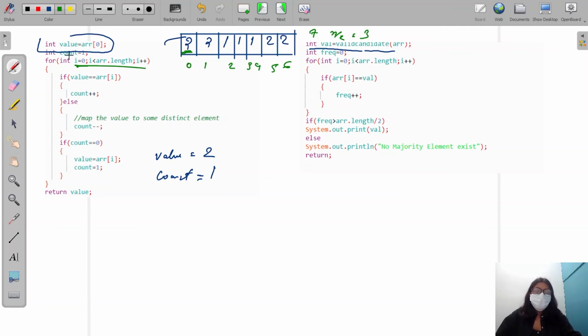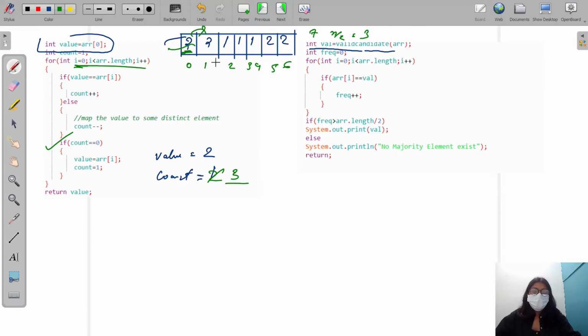So let's say my count initially was 1, and if I run this loop from arr[0], it is equal to my value, and let's say my count becomes 2. Now the else condition is not going to be executed because my count is not equal to 0. It's equal to 2. I check here, is it equal to my value? Yes, it is. So I'm again going to increase my count to 3.